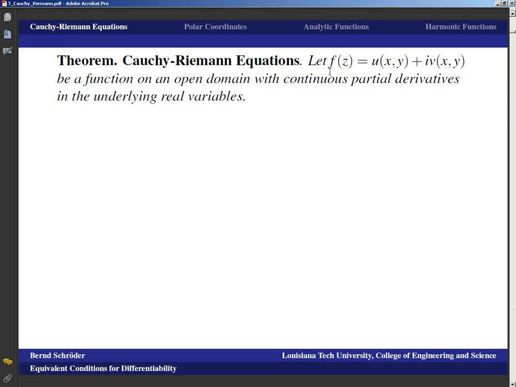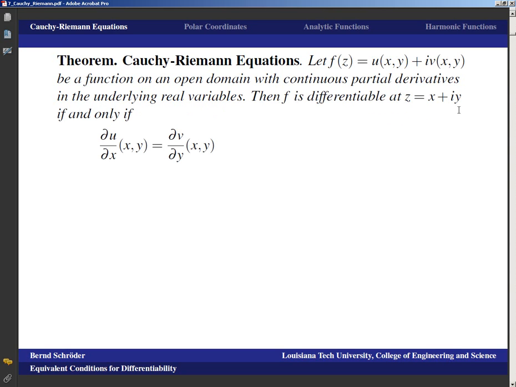So we have f of z as the complex function. If we view this thing in real variable terms, then it's u of x plus iy plus i v of x plus iy, like we've talked about before, and let that be a function on an open domain, and it's supposed to have continuous partial derivatives in the real variables. Then that function is differentiable at z equals x plus iy,